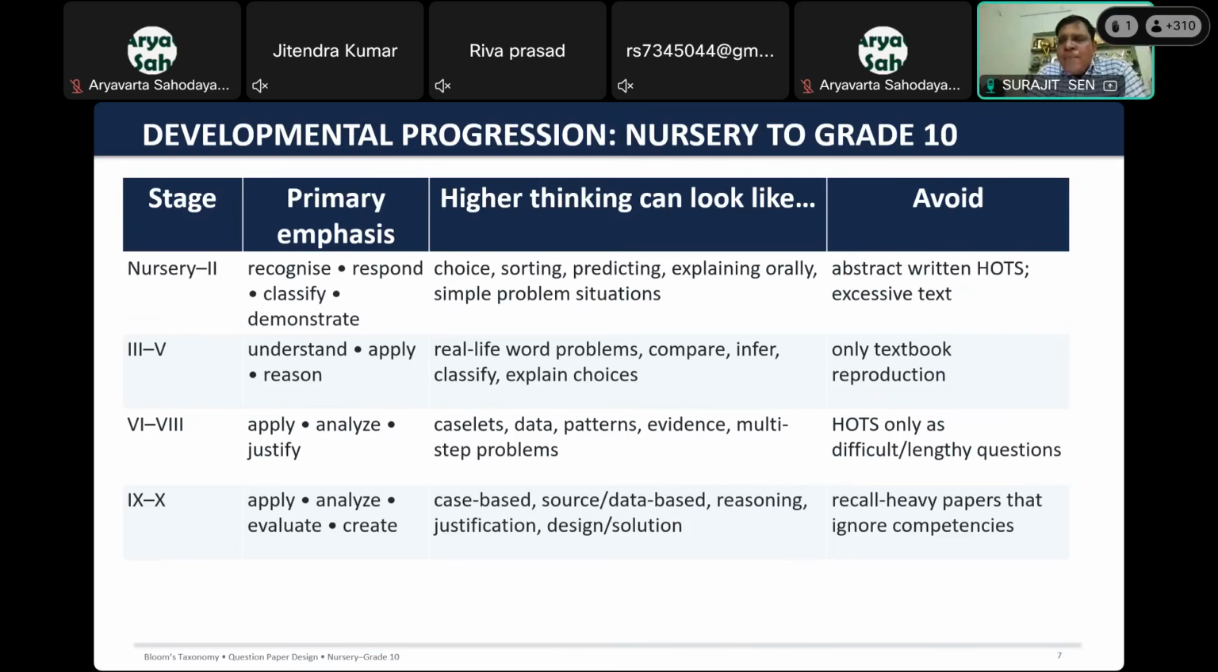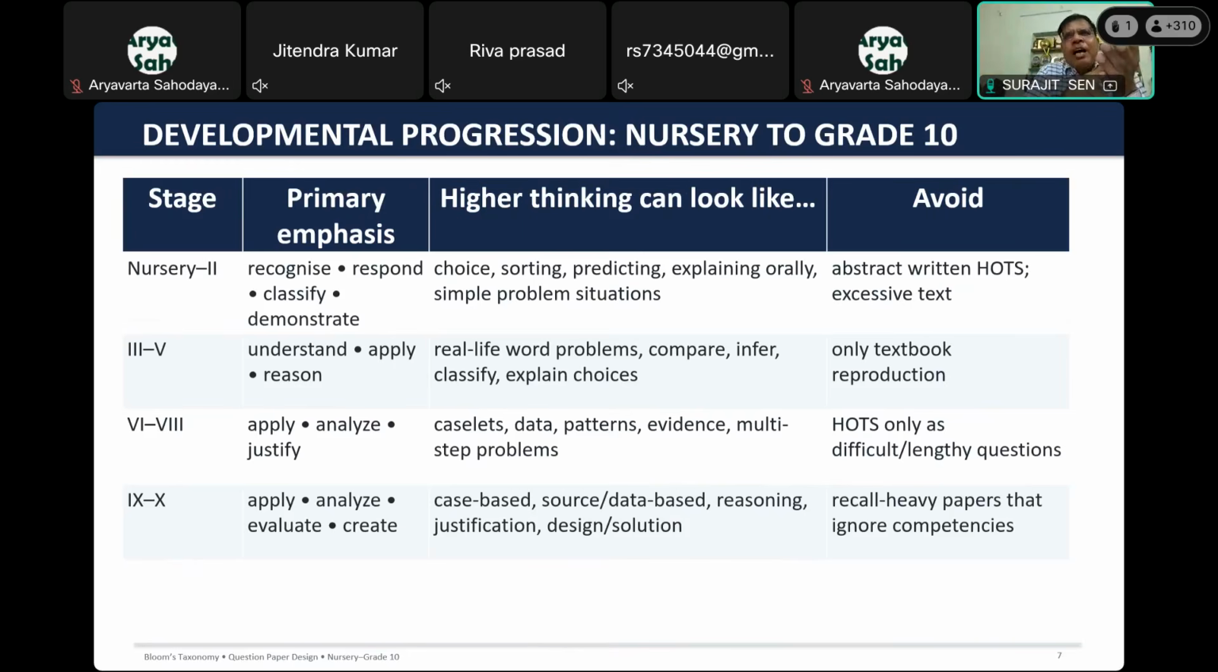Okay. Abstract written thoughts, excessive text, too much writing on the question paper, all this we will try to avoid. We'll make a very simple paper. Actually, respected teachers, for nursery, we are not going for a school examination. We don't just go for that stereotype examination where a paper should be made